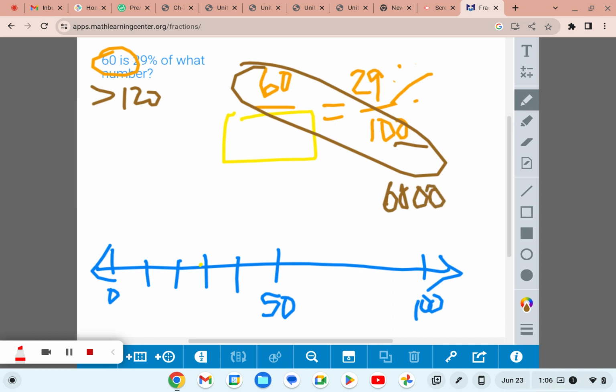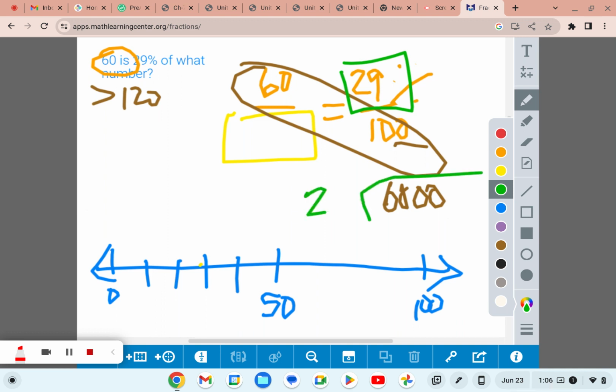And then I am going to divide 6,000 by 29. Now, what I want you to remember is that it is okay to use a calculator for this. And on this packet, remember I told you that we are going to round to the nearest tenth when necessary. If it gives you a terminating value after the hundredths place, use that. But if it doesn't, we're rounding to the nearest tenth. Okay, that is just invoking another skill. And so my answer when I divided 6,000 by 29 was